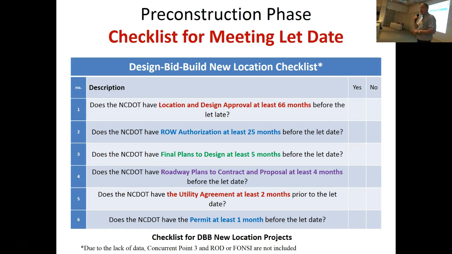So hopefully, if the DOT is meeting all of these interim milestones, then there's a really good chance that they're going to meet their main goal of hitting that let date. Okay, which is important. Why? Because then you can better predict the cash flows on the project. Okay? So we did the same thing for